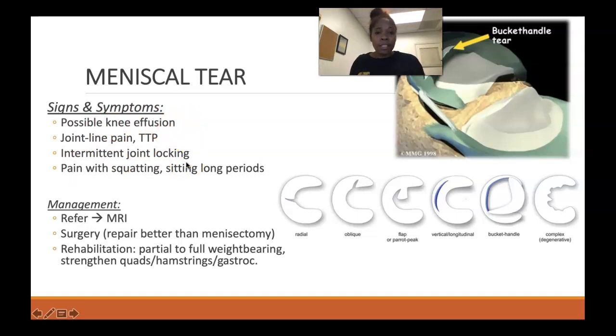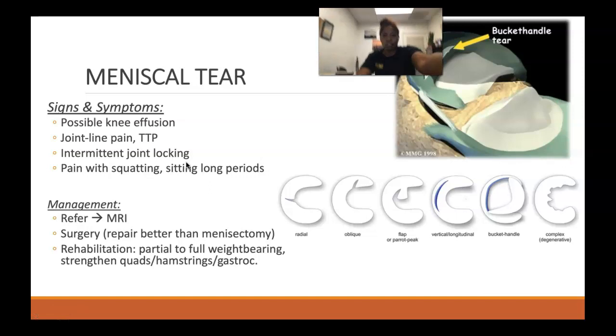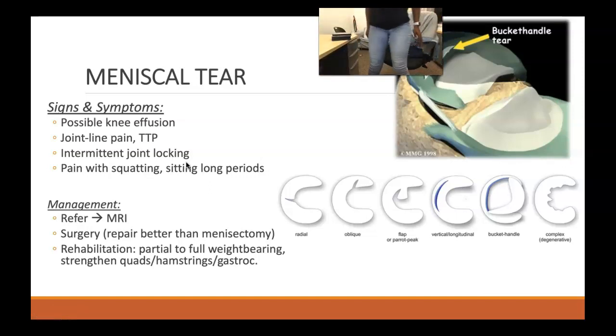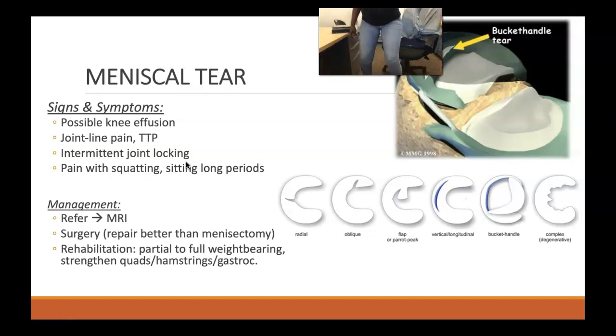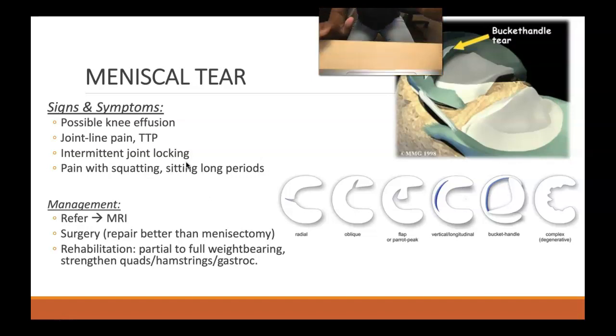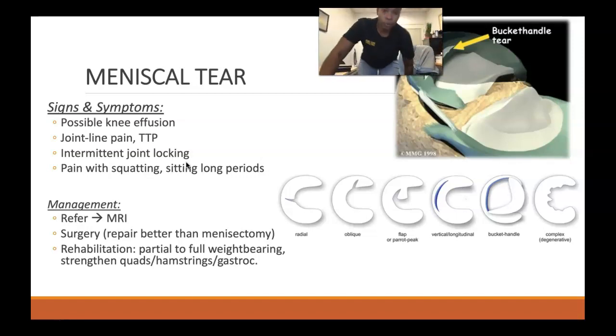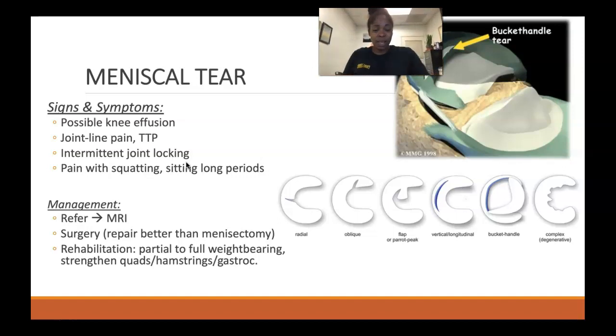Now, I'm going to stand up and show you what I'm not talking about. If this is a squat, we're not saying pain with that kind of squat. What we're essentially saying is that that patient has pain when they get all the way down into their squat position, right? So when we're talking about squat positions, we have to make sure that when we're testing that meniscus,